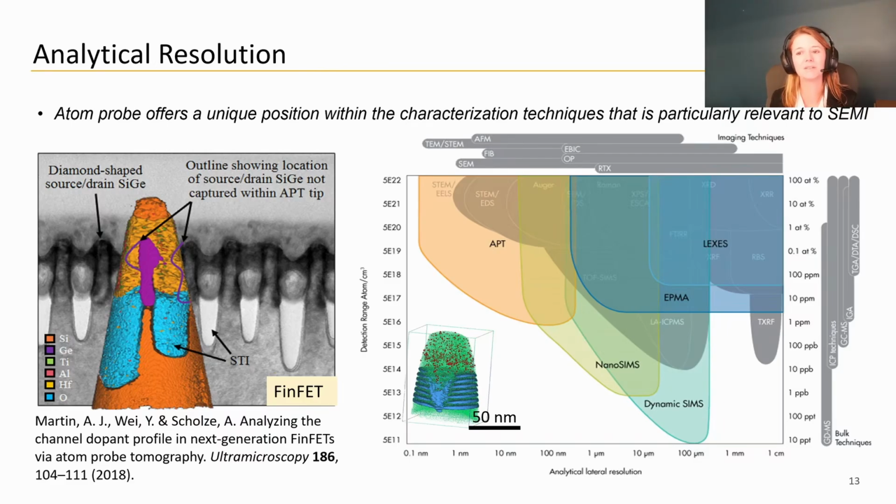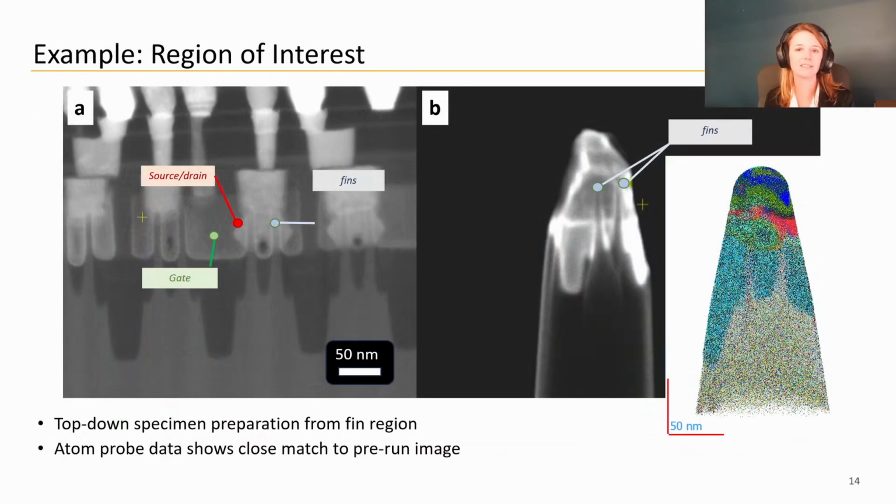But I can tell you that typical device dimensions and concentrations for the semiconductor industry fall very well within the typical analysis space measured by Atom Probe Tomography. And that makes this technique really valuable for failure analysis problems. Let's take a look at some example data from the Atom Probe that might be relevant for electronic device failure